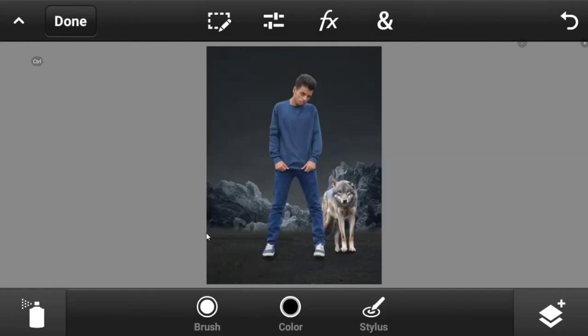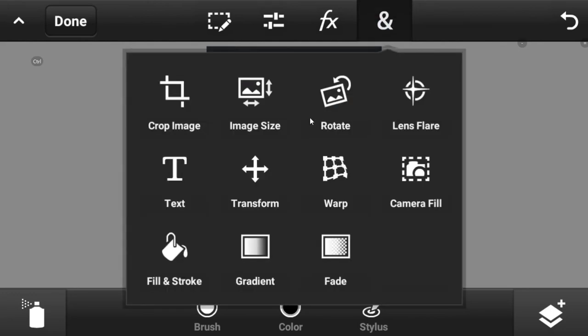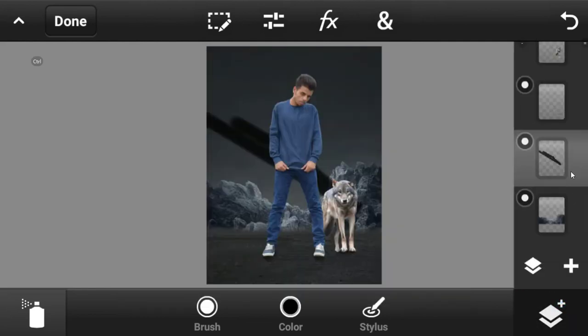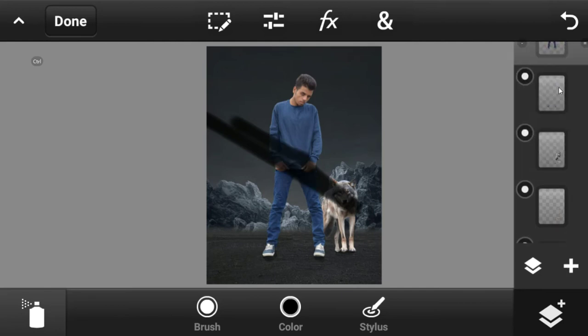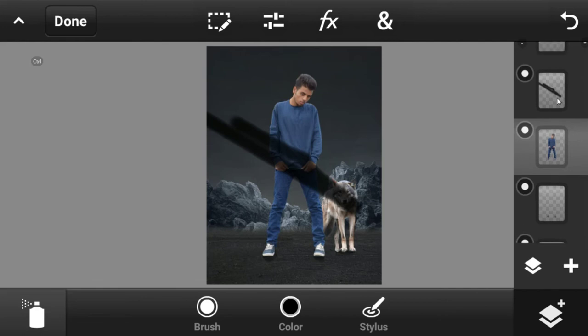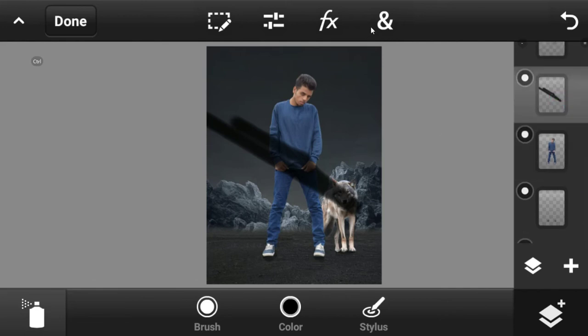Just do this, then move this layer above your subject. Select this one, go to transform